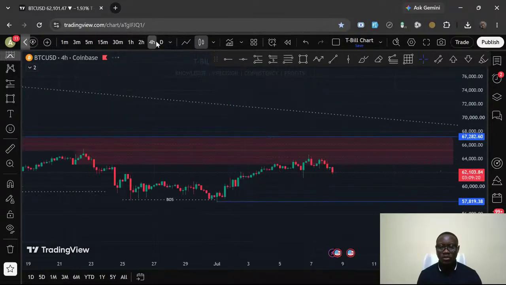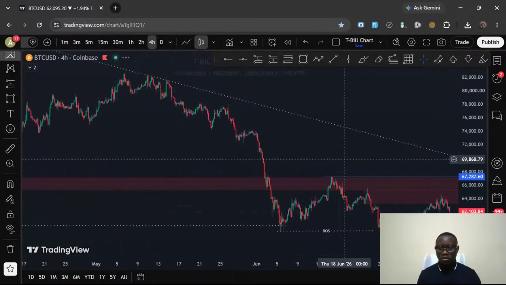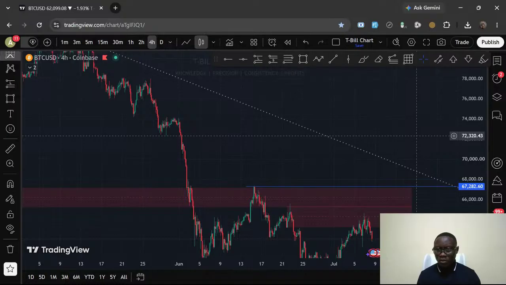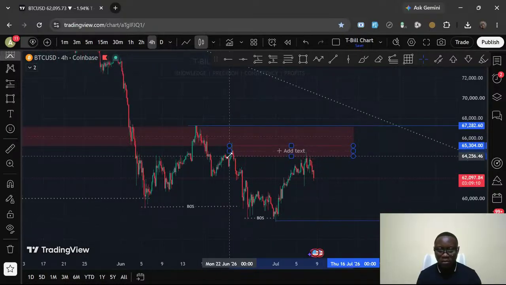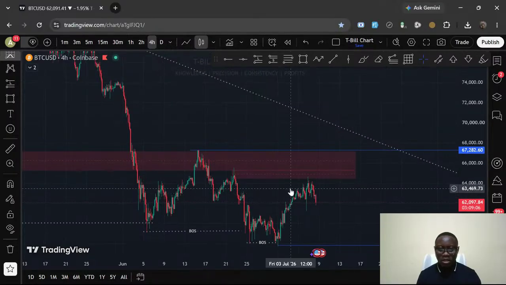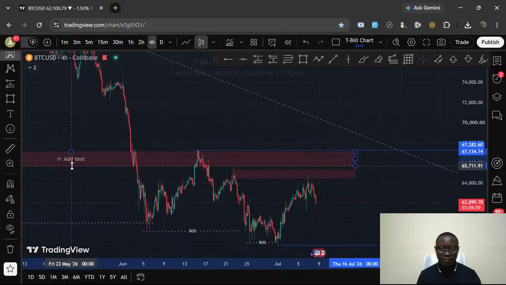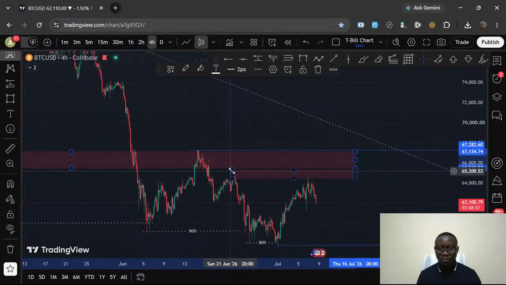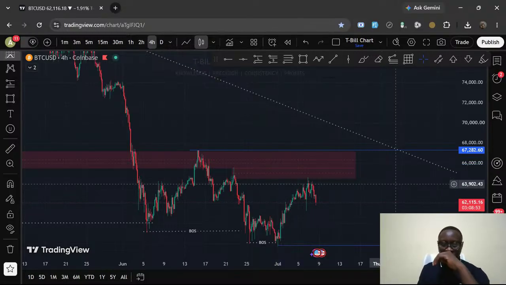Okay, let's drill down to the 4-hour time frame to refine the zone we've identified on the daily time frame. So this was exactly where price tapped into. All right, so what I'm going to do,